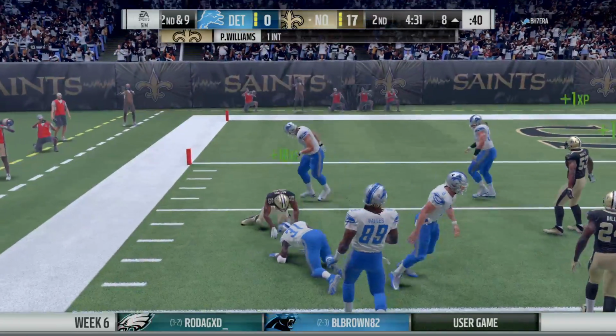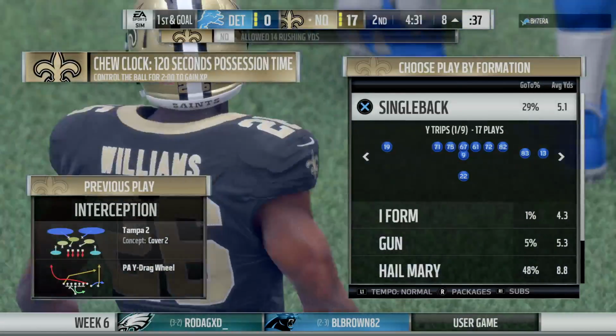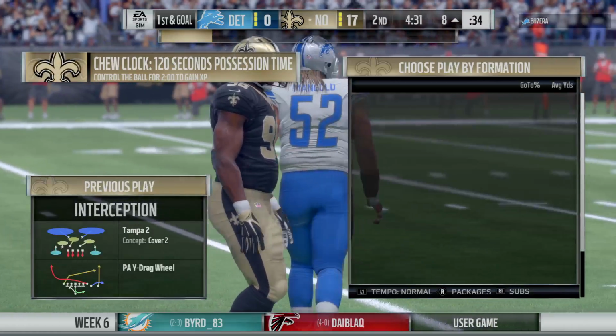And they will finally put it into the return, but not until he takes it back all the way inside the 10-yard line. Well, Charles, he's thrown 5